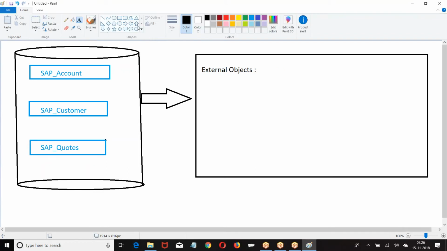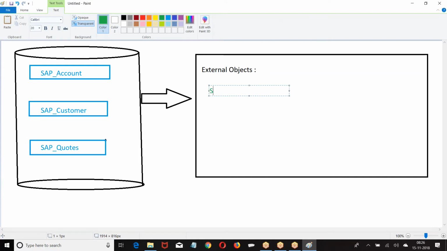When they establish the connection, all the objects in SAP, which is not only SAP, any system, I just took SAP as an example. I'll establish a connection by giving my credentials. Then all the table names will be displayed here. What will be displayed here? Tables. Otherwise, how do I know which tables are there in SAP? If I want to choose one of the objects as my parent, which objects are there? How do I know?